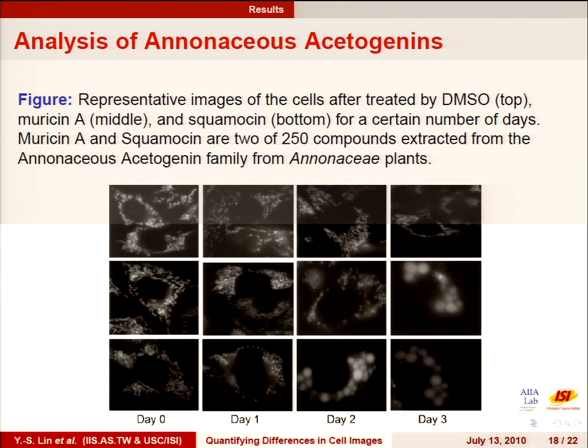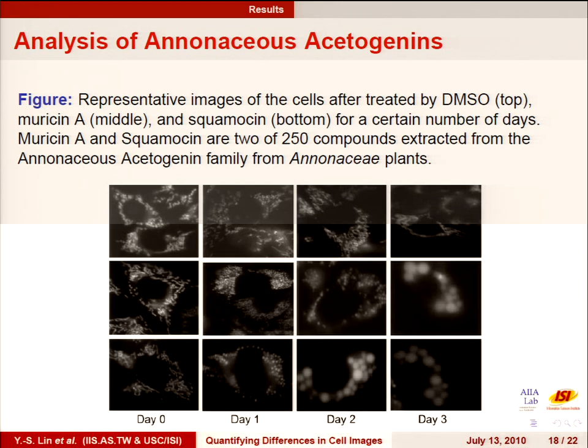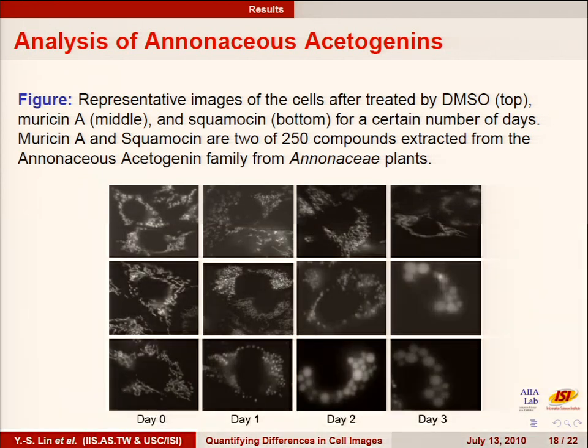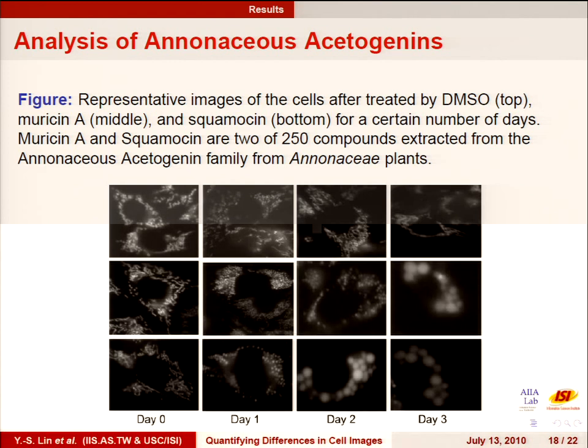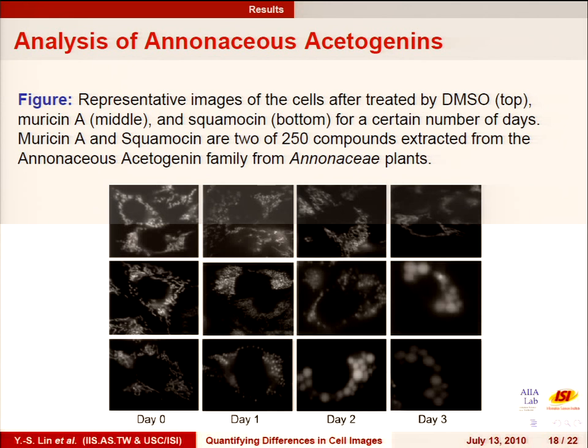They are fragmented after treatment, and the same applies to the other, while you don't observe any fragmentation in the control,